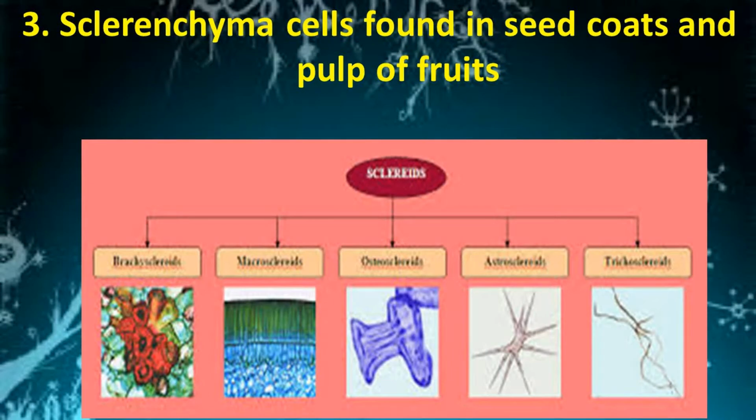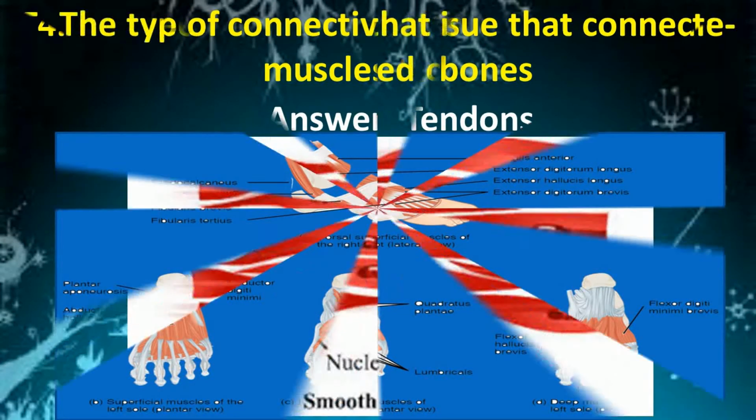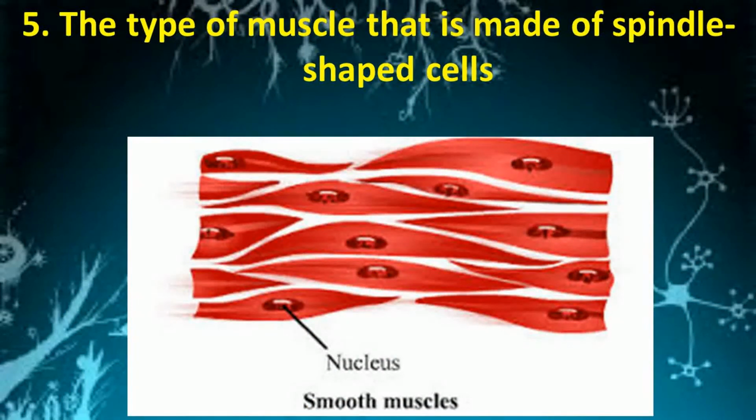Sclerenchyma cells found in seed coats and pulp of fruits. Answer is sclereids. Next question. A type of connective tissue that connects muscles to bones. Answer is tendons. Next question. The type of muscle that is made of spindle shaped cells. Answer is